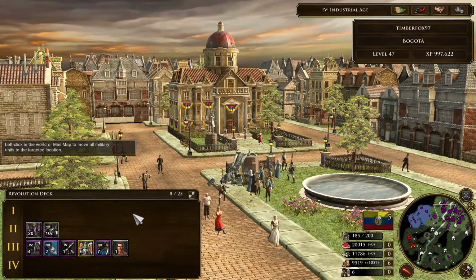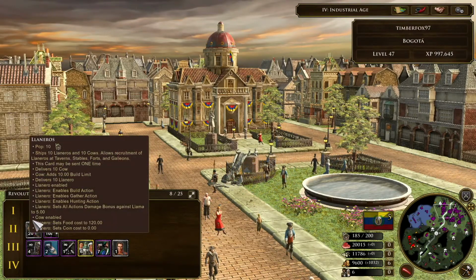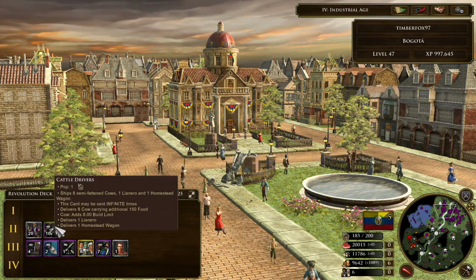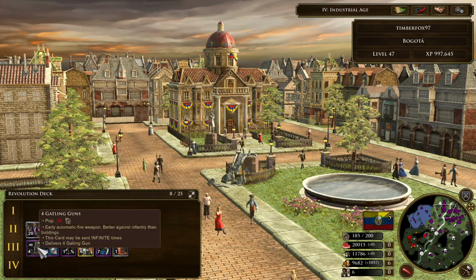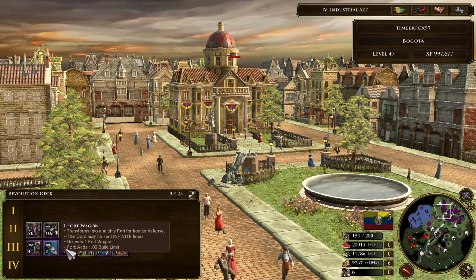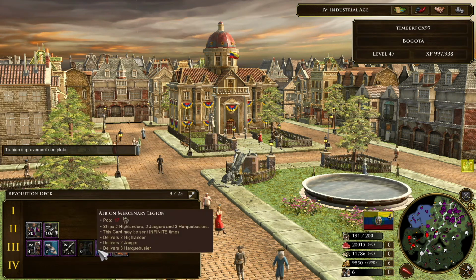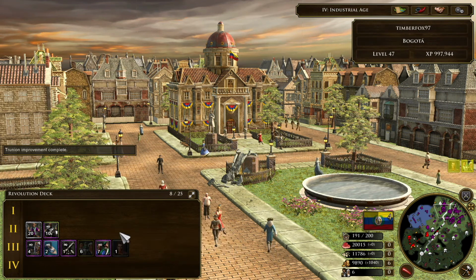First things first, you have the card that gives you some Lanceros. Now this card also lets you build them from stables and forts and such. Then you have another card that gives you some Lanceros and some cattle, followed by the Infinite Gatling card, your Ironclads card, your Infinite Fort card, your Citizenship card, and then you have your Mercenary card, and a card that